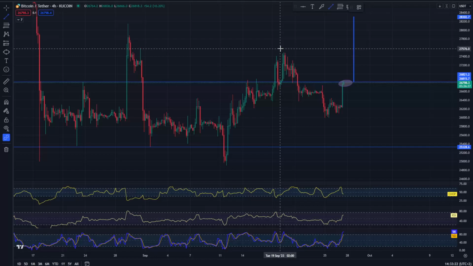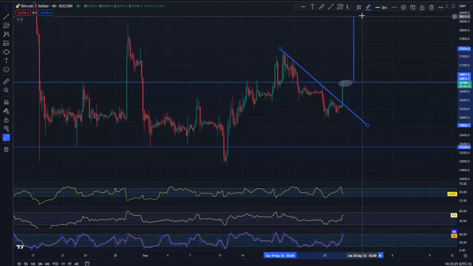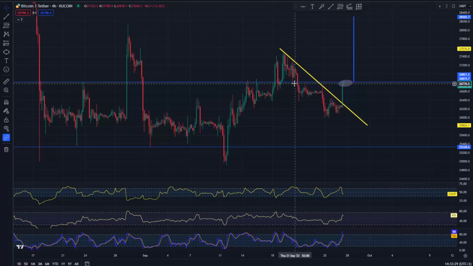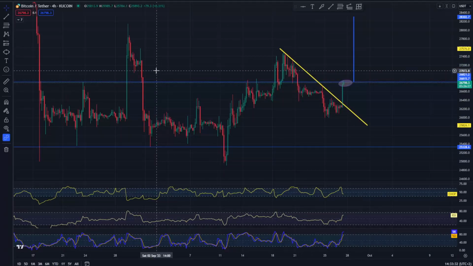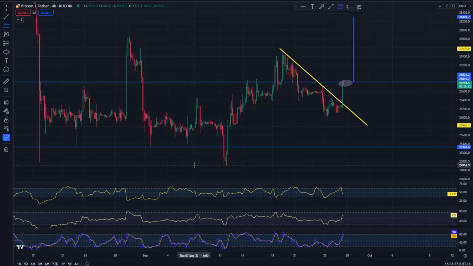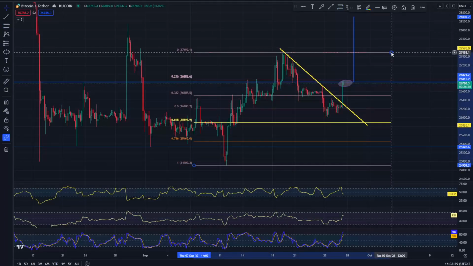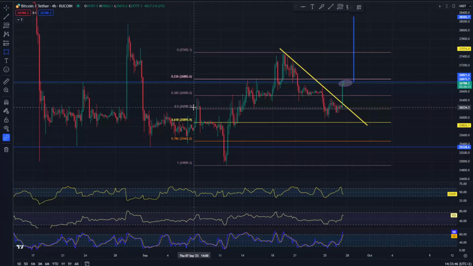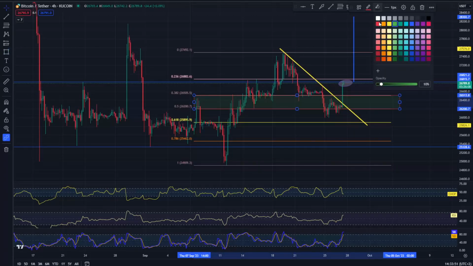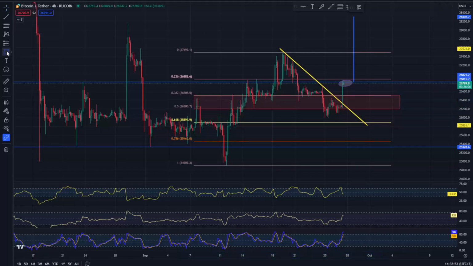Next, it is worth marking the local downward trend line from which the price dynamically went up. Now we can move on to marking support areas in the event of a correction. And here, after unfolding the fib retracement grid, it is worth marking the support zone from $26,513 to $26,200 first, but when we fall below this zone, we have a second strong zone from